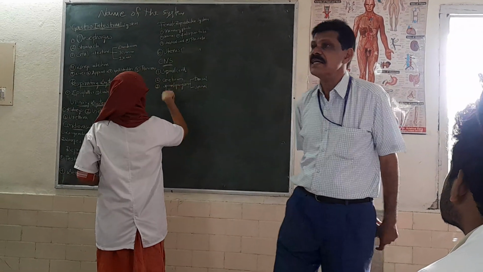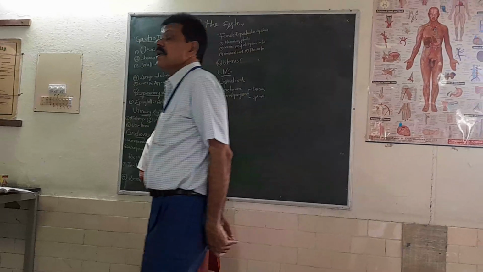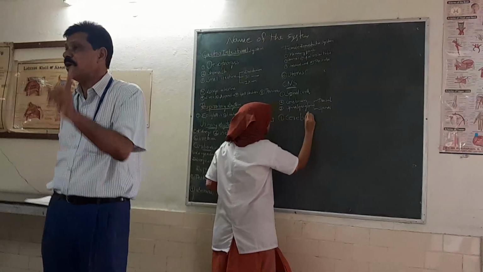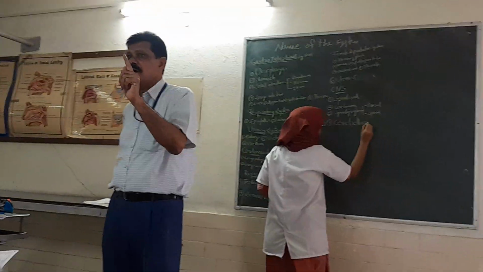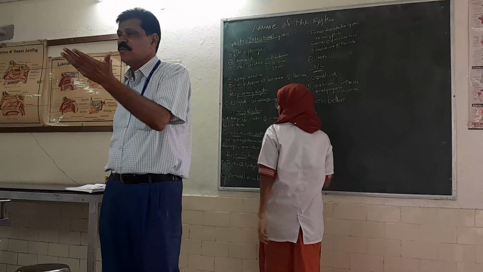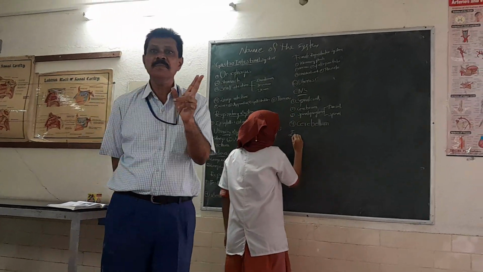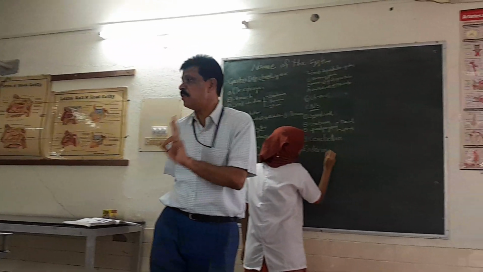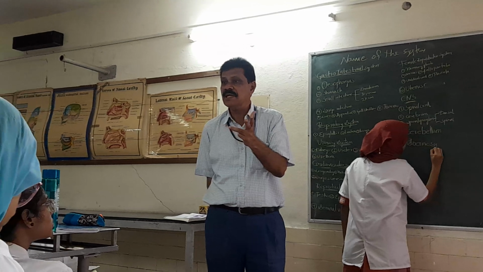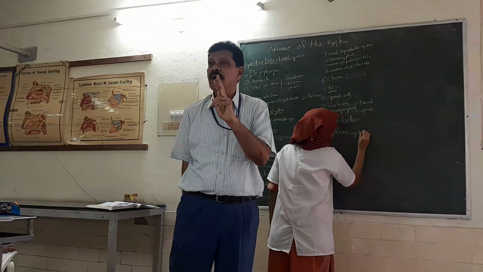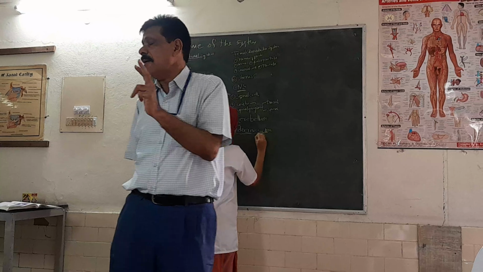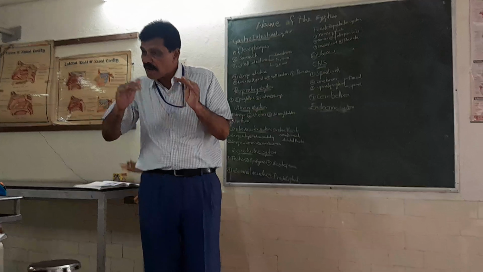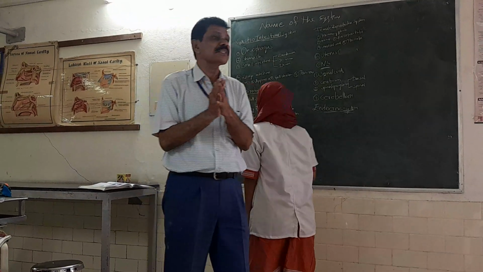Nobody is asking. In the last class, what did we discuss? General histology. In general histology, some slides we missed. What are those slides? Epithelium, one of the four basic tissues: simple squamous, simple cuboidal, simple columnar, stratified squamous, stratified cuboidal, stratified columnar, and transitional epithelium. We did not discuss these in general histology, so now we have to discuss them along with the systemic histology.